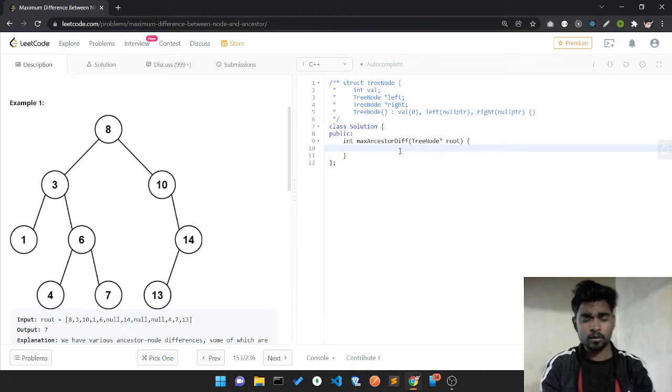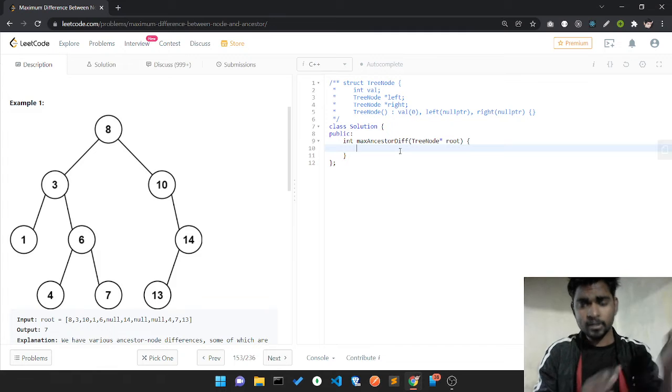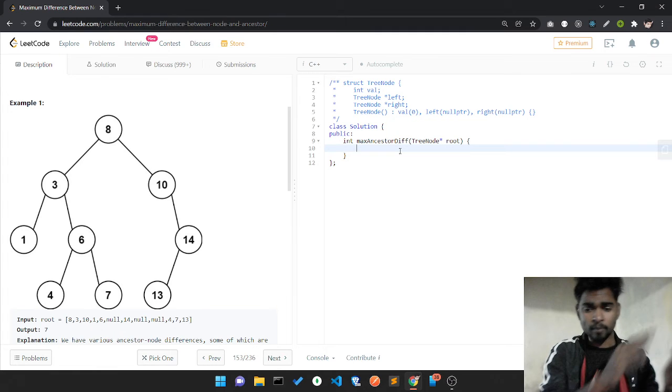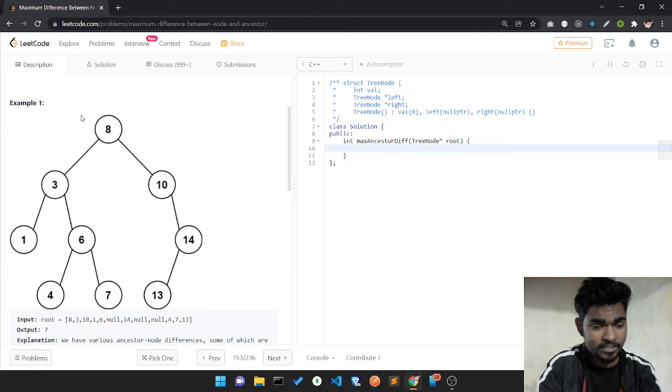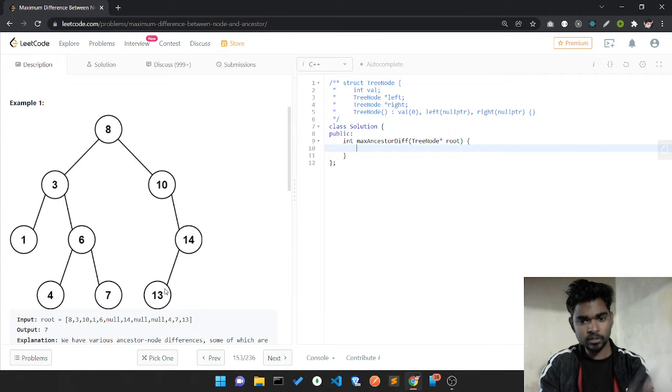But when I'm traveling my root to leaf path, I have to find the minimum value as well as the maximum value on this root to leaf path. Let's take this example, 8, 10, 14, 13, a root to leaf path.